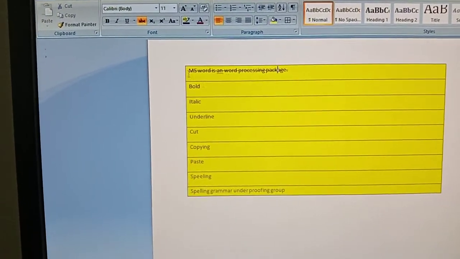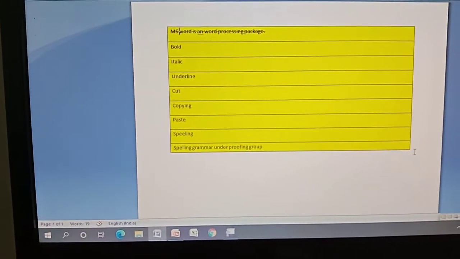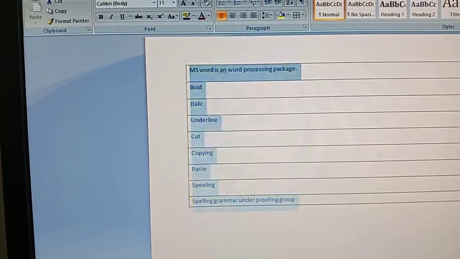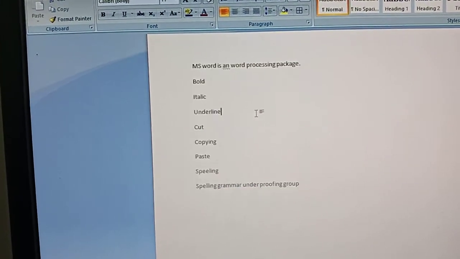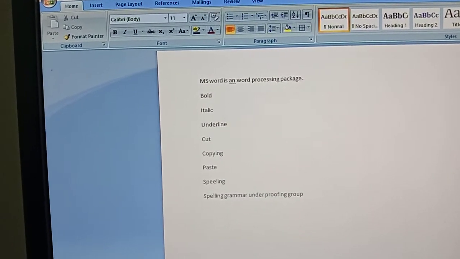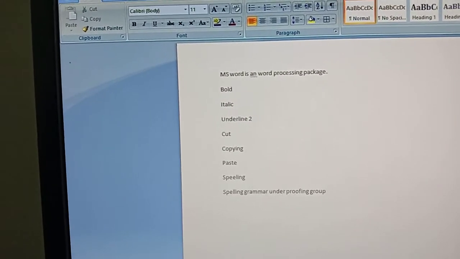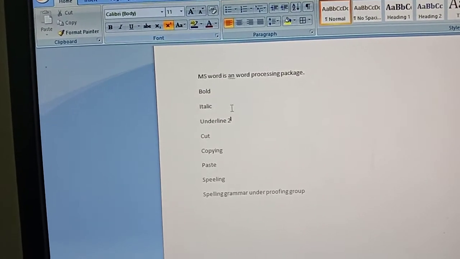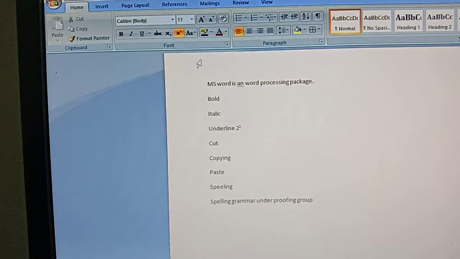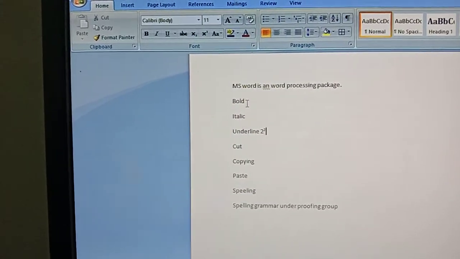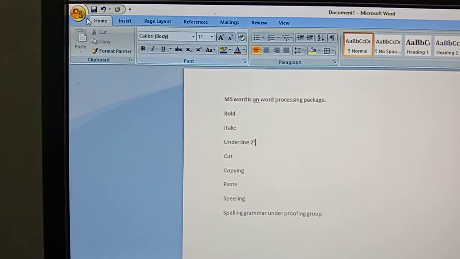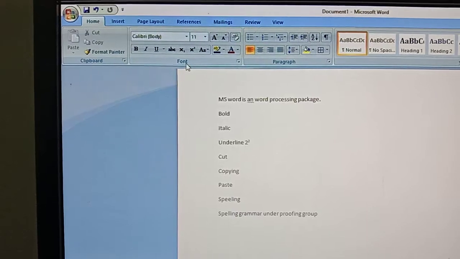Next is superscript. Superscript is nothing but, for example, 2 power 2, that is 4, right? So first type 2 and click the superscript option, and again at the top you will get a 2. So it is a power value. Superscript and subscript are everything available under the Home tab in the font group.